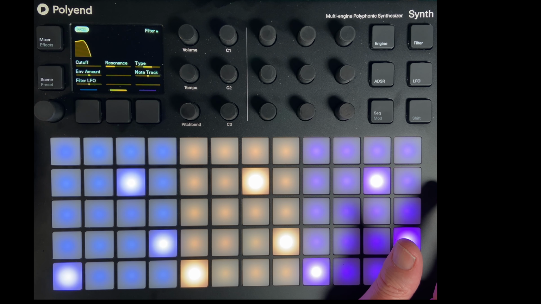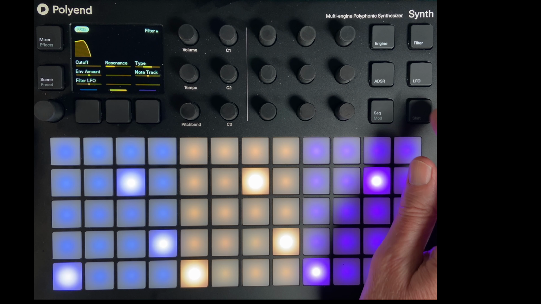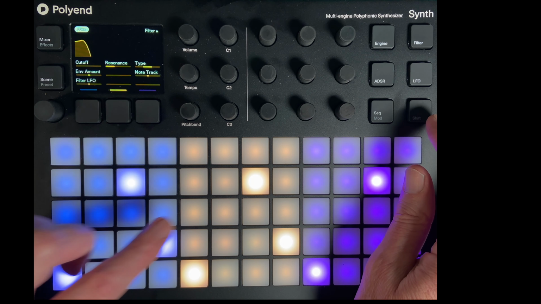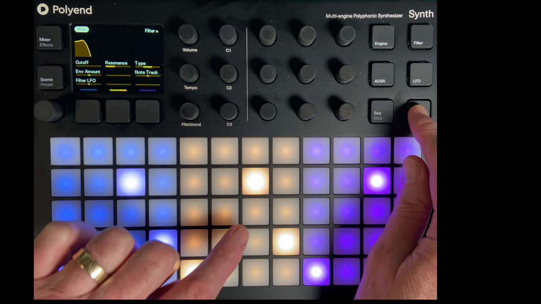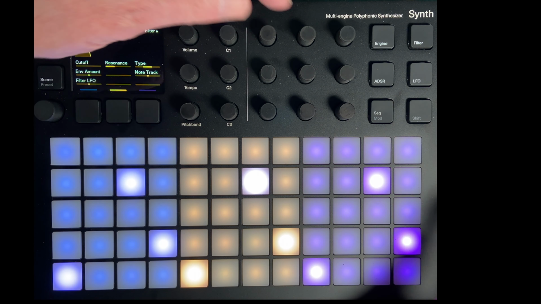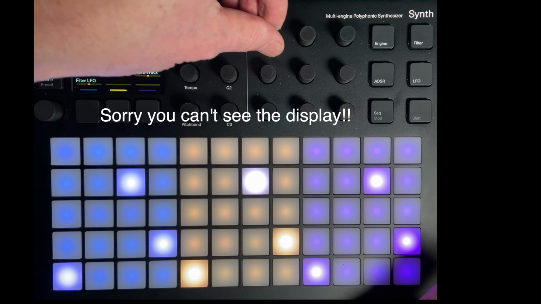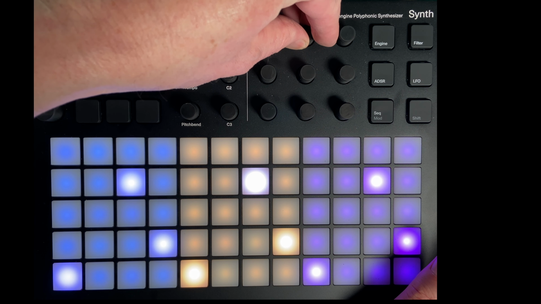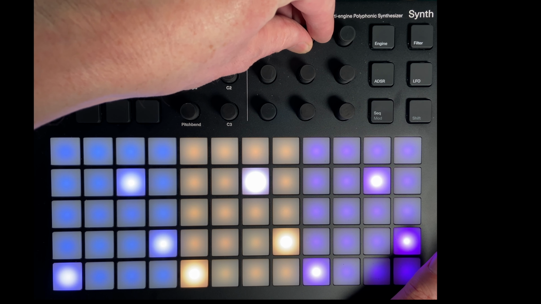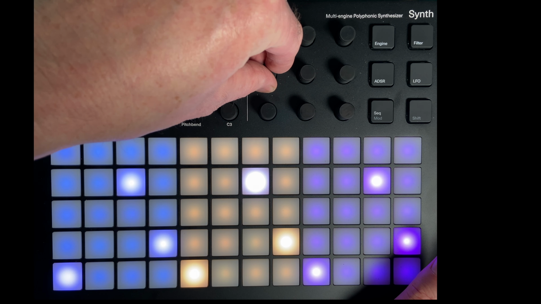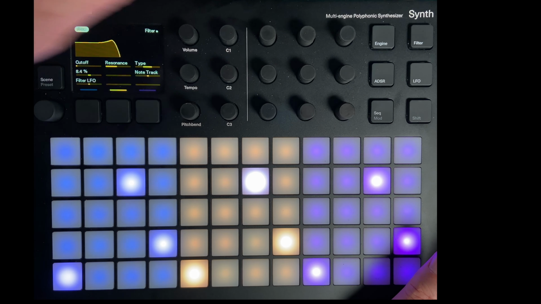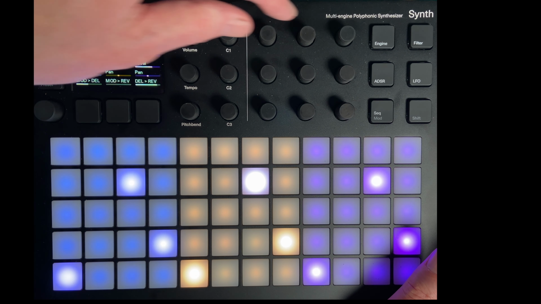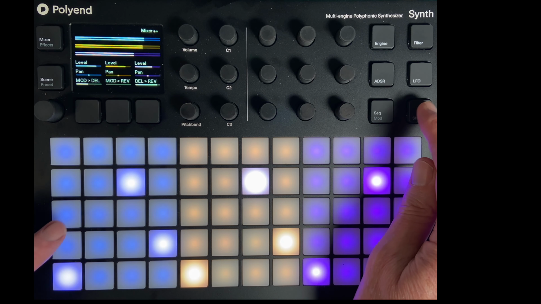Now what I quite like to do is to have a sequence running and crank the cutoff and the resonance and the envelope amount up and down. So if we just get this going, I might just crank this and resonance up a bit. Be a bit careful on this one. Can distort quite quickly. The envelope amount up. We'll just bring the volume of that down a bit, and then we'll start another sequence